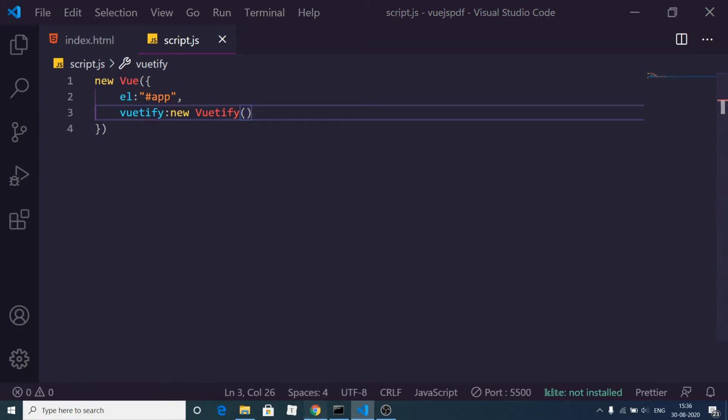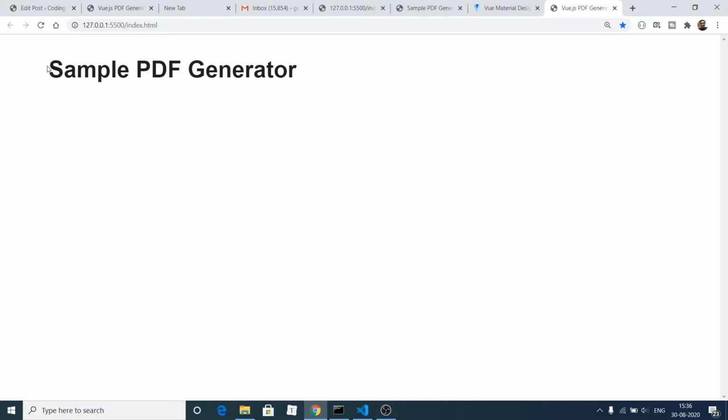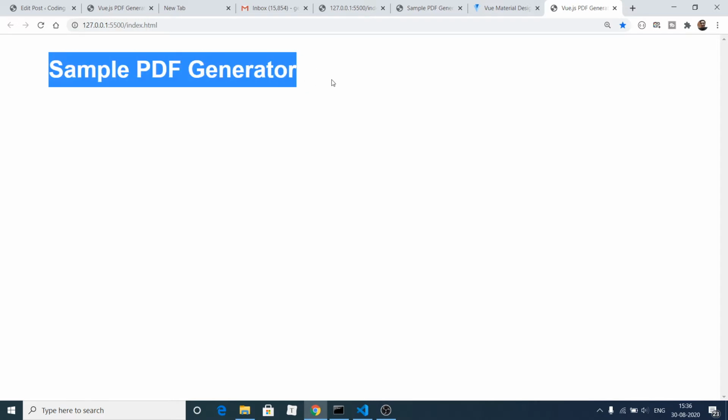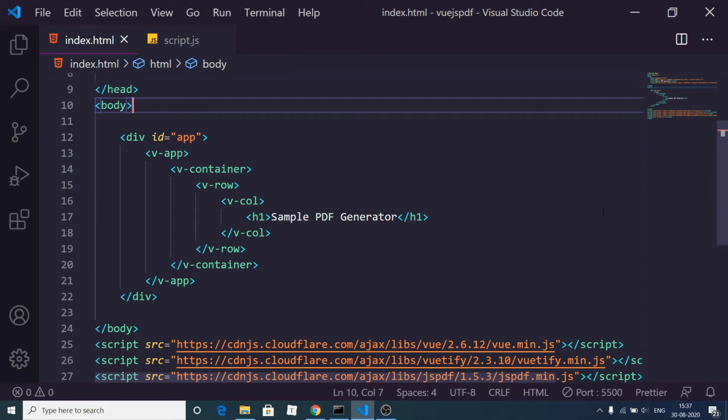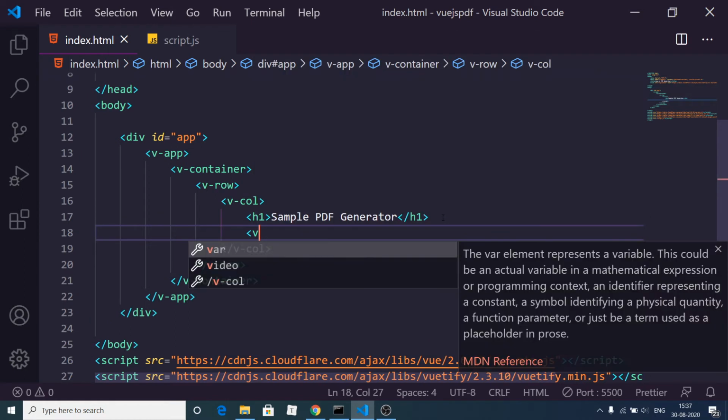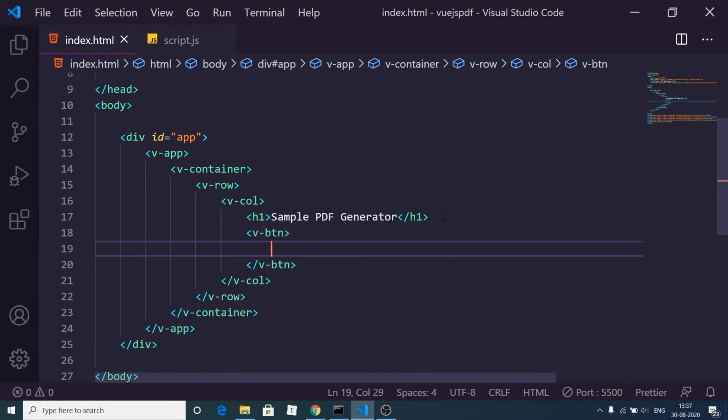And now if I refresh it you will see your heading will change here. You can see that our Vuetify framework is on here. So you will see the difference in the heading. This is all that you need to do in order to initialize Vuetify inside your Vue.js application. Now there are various elements out there. After the heading we can have a button also. So just after this heading, we can have this tag v-btn. You can just check out the documentation, it is all mentioned in that. So we can have a simple button.